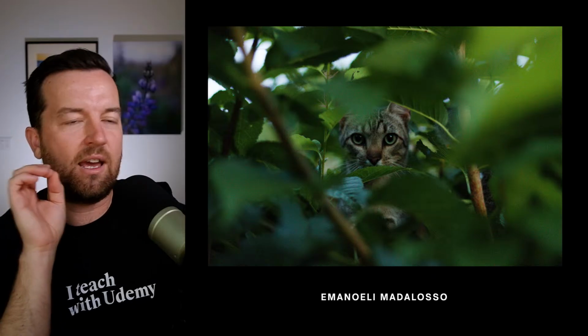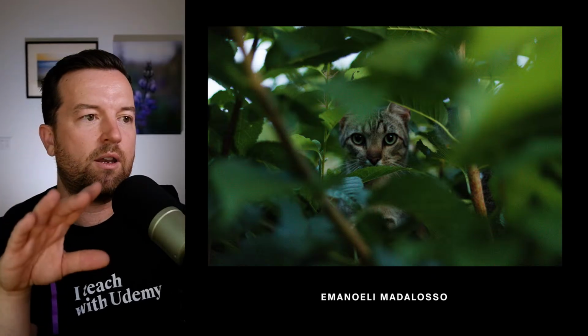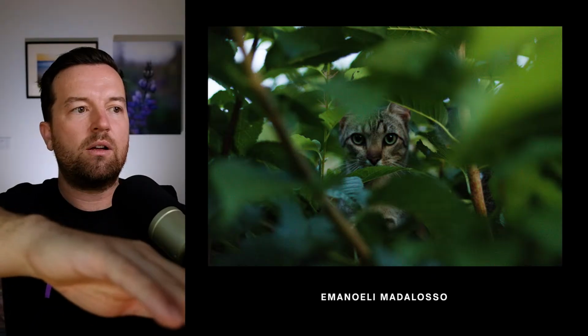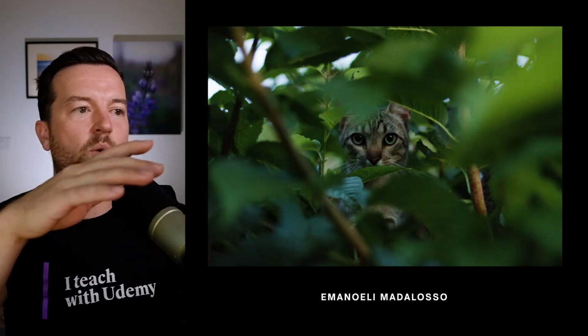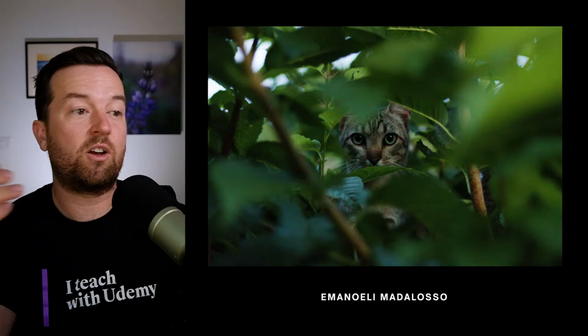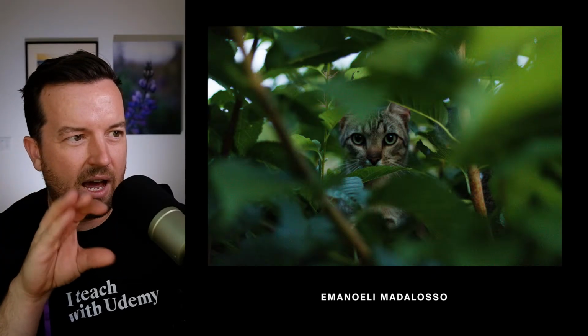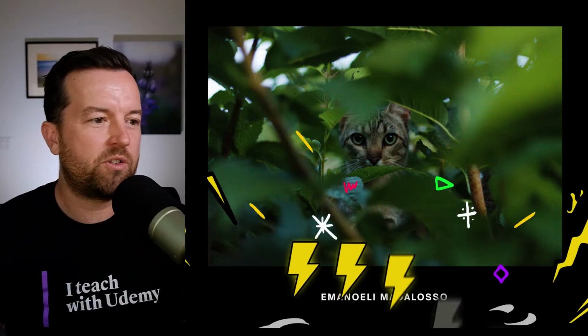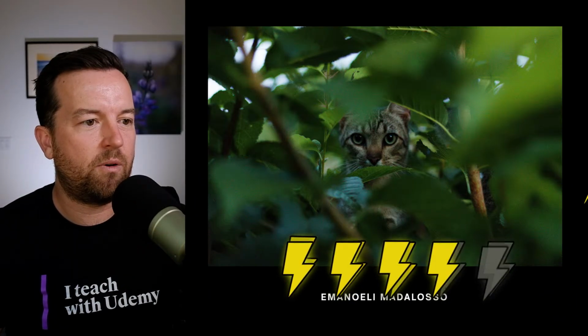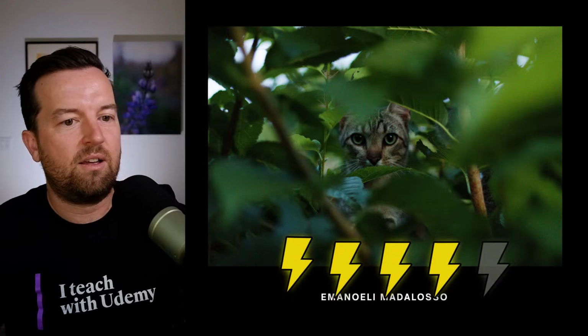If I'm comparing back to that other one where the cat was on the wall, I think I gave that one a 3-star. So this one to me is a much cooler photo. I think there's just a tiny bit of editing that I would change, but still a really good photo. So I'm going to give it 4. There we go. That's right.